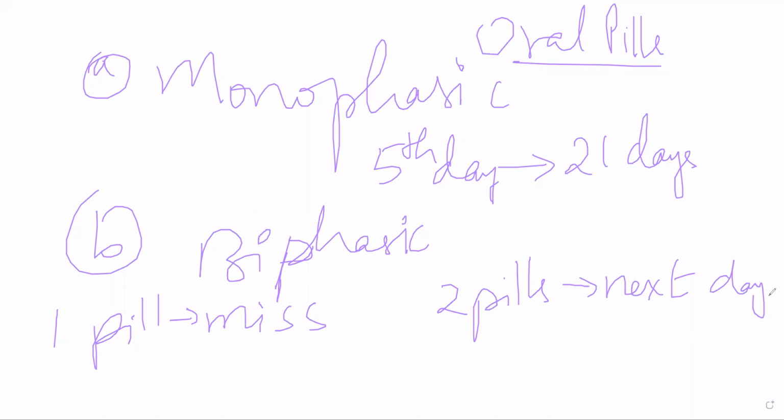If you are missing more than two pills or more than two consecutive doses, essentially withdraw the course, and restart the course on the fifth day of the new cycle, essentially the next menstrual cycle. So the only cap that you have is one missed pill. If you miss two continuous pills or two continuous doses, then stop taking the drugs and start on the next menstrual cycle again. Okay. Now these drugs will be teratogenic if pregnancy has already occurred or if the girl has already conceived. So do not give these drugs in case the girl is already pregnant. These can be teratogenic. Okay.